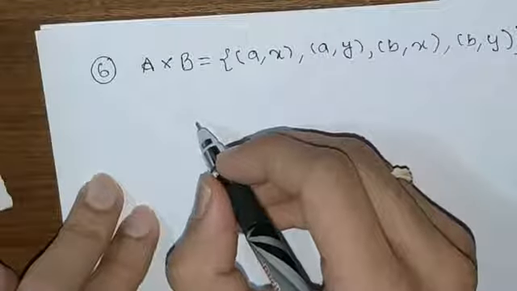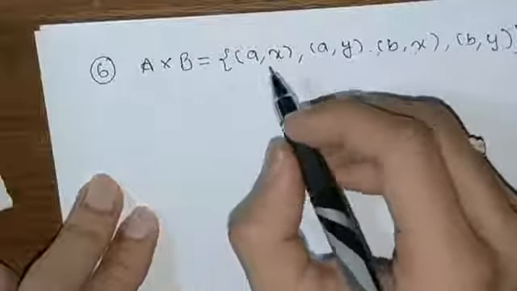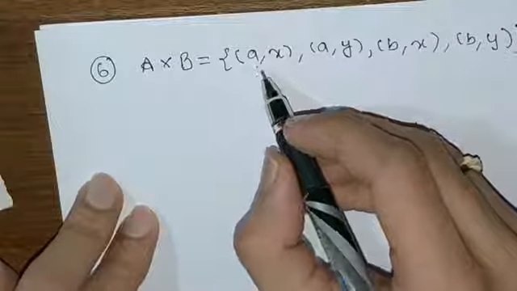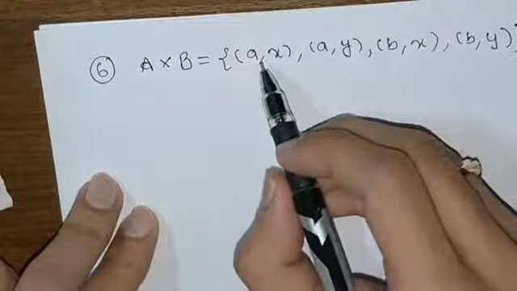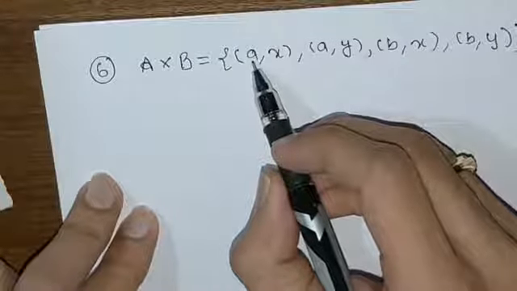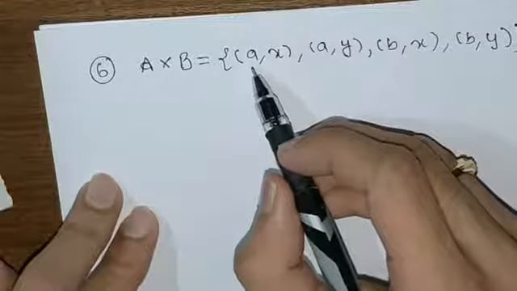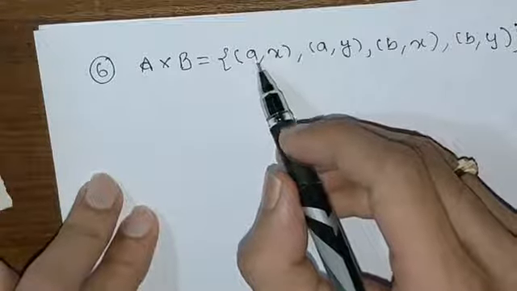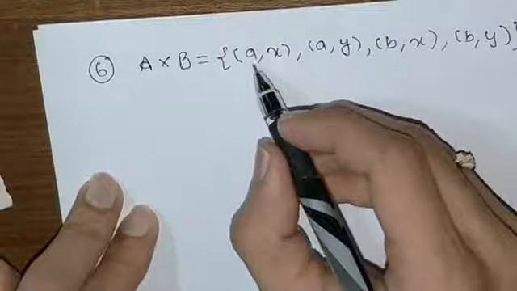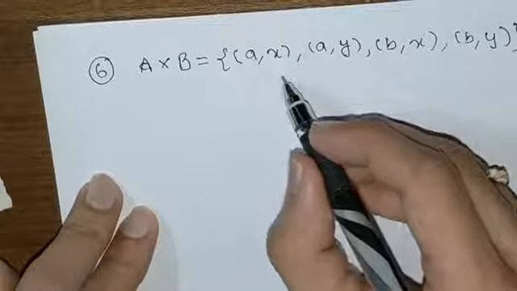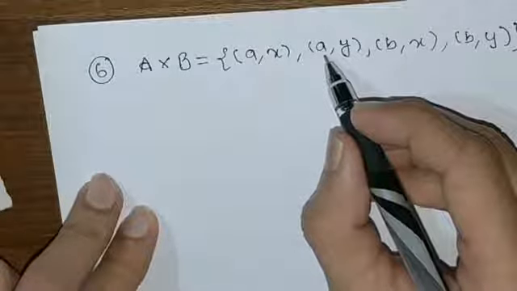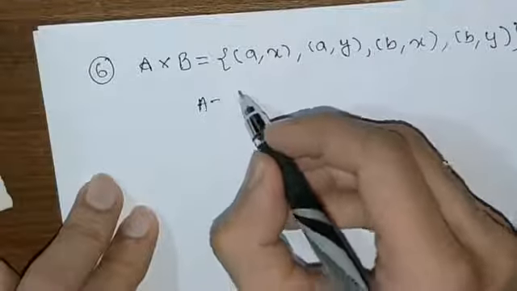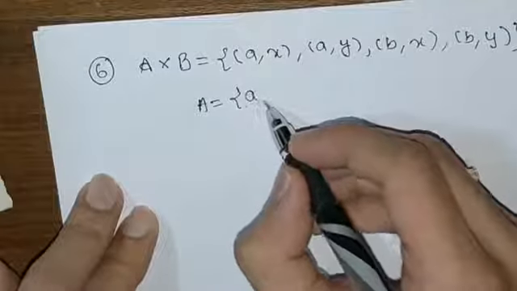We have to find A and B. You look at the elements in the set A cross B and you look at the first element in each ordered pair. So here the first element is a. Here also the first element is a. So the set A will contain the element a,